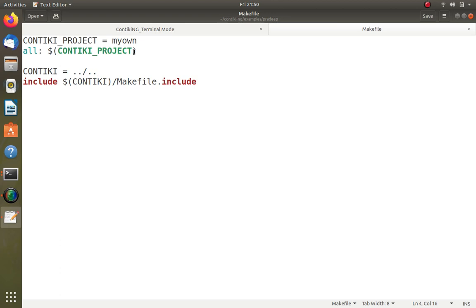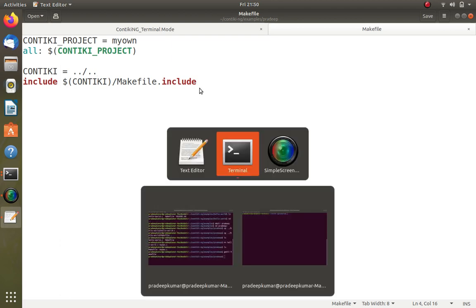So there you have some include Makefile or include file. That's why it has include $(CONTIKI) Makefile.include, meaning from this folder. In this folder you have a file called Makefile.include, because in every folder we cannot have a Makefile.include. So that's why they give a shortcut here. Maybe I'll just show you where this Makefile was.